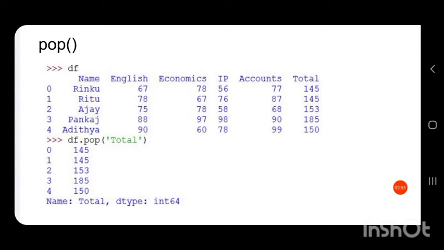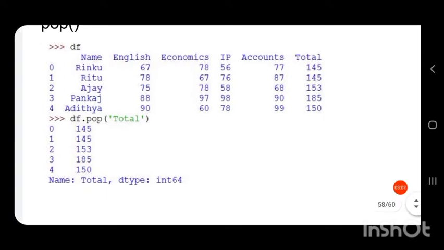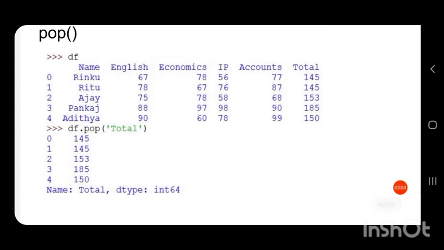Same here also, we have a data frame DF and it has name, English, economics, IP, accounts, total as the columns, and df.pop(). Since pop is a function, we have to use it as df.pop() with brackets, so it has a parameter.